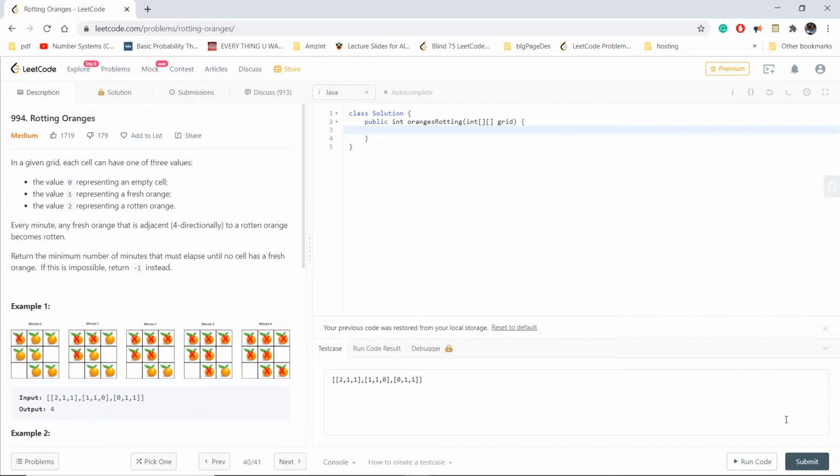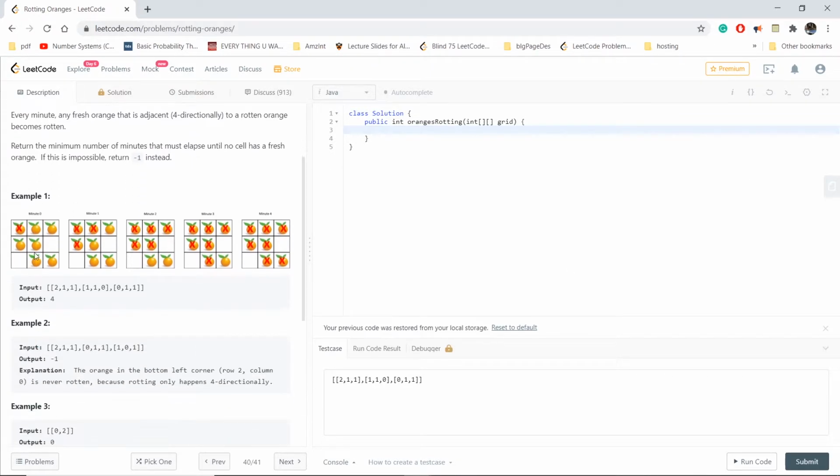So they have given one example. This is the initial stage. In that they have 6 fresh oranges and 1 rotten orange. In the first minute it converts its nearby two cells, and in the next minute totally we have